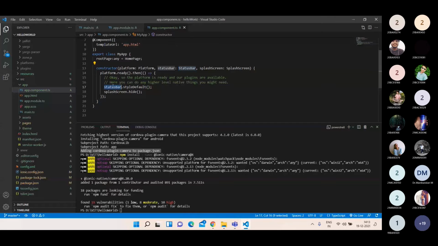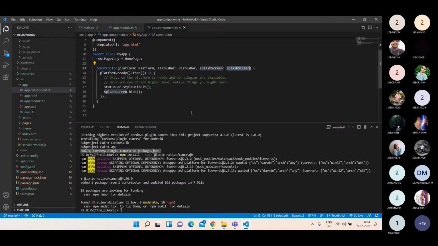Okay, so status bar dot style default is there. That means it will be coming with the default style of your operating system. If you make it like status bar dot hide, then in your application the status bar will be hidden. So you can make all these configurations in this app.component, right? Sir, sometimes we swipe and then we are able to see the status bar and the navigation bar. So we can control that also. Exactly. So you can just call this particular class in any particular component, and in that component, you can hide the status bar. For a few components alone, you can hide your status bar.